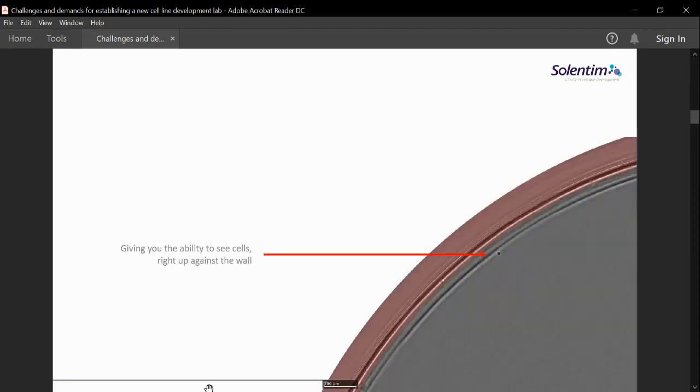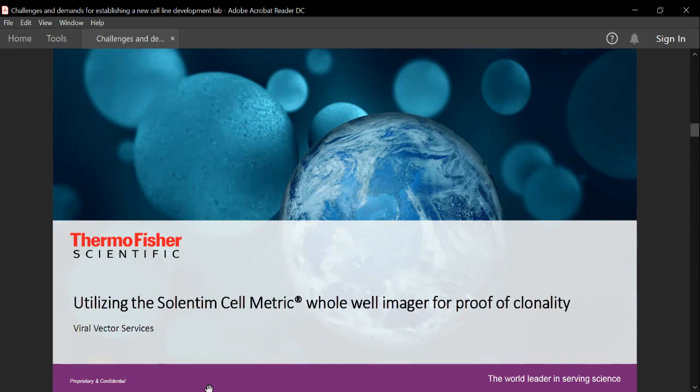This slide demonstrates how well the cell metric gives one the ability to see cells right up against the wall. As you can tell from this image and what I'll show you later, the cell metric delivers very crisp images. To give real-world examples of this instrument in use, I'm going to tell you how Viral Vector Services employs the cell metric whole well imager for proof of clonality